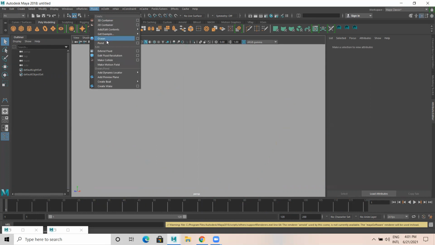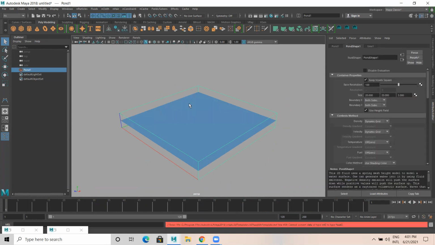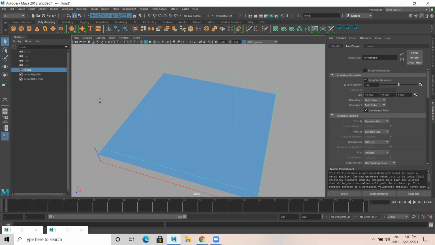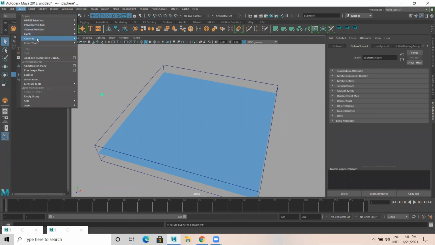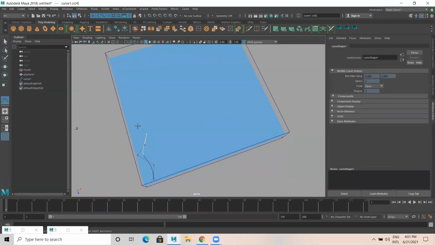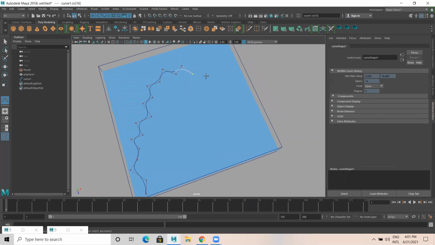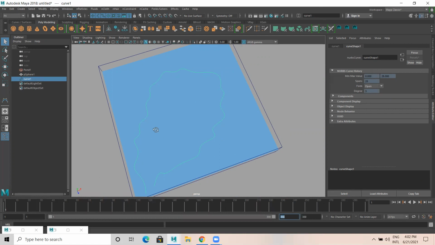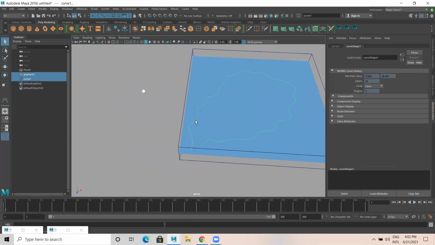So what I'll do, I'll go to fluid. I create a pond. This is a pond. I want the sphere to animate, right? So I just create a simple sphere. I create a curve. Go to create curve, CV curve. So whatever animation we want in that particular direction, you need to draw the curve. Enter. So here up to 300 frames I'll keep.